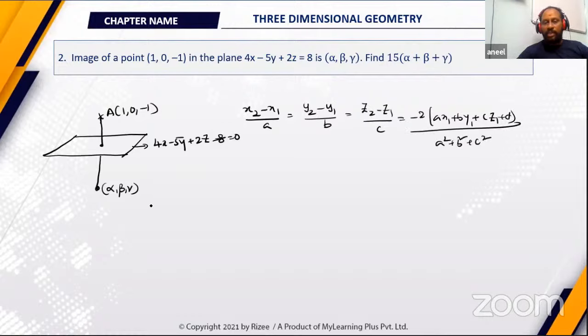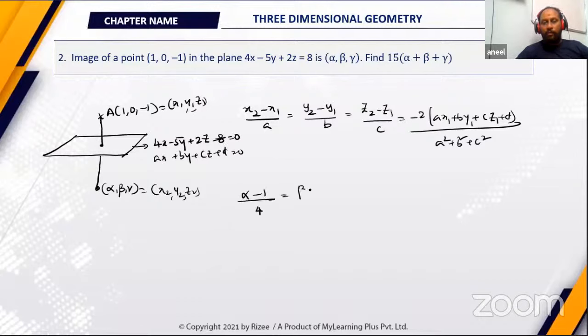The formula which we have seen earlier, where this is your x1, y1, z1, the object, and x2, y2, z2, the image, and this is being compared with ax plus by plus cz plus d. So directly applying the formula, alpha minus 1 by 4 is equal to beta minus 0 by minus 5 is equal to gamma plus 1 by 2 is equal to minus 2 of